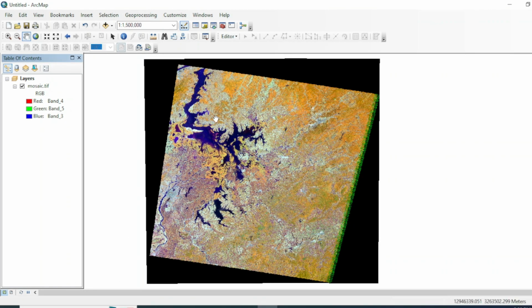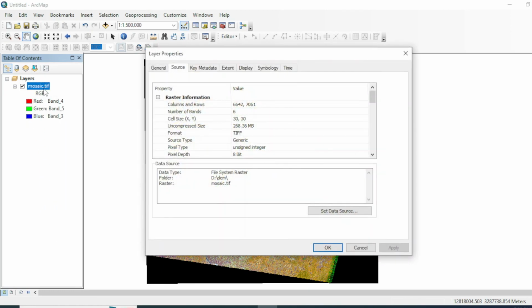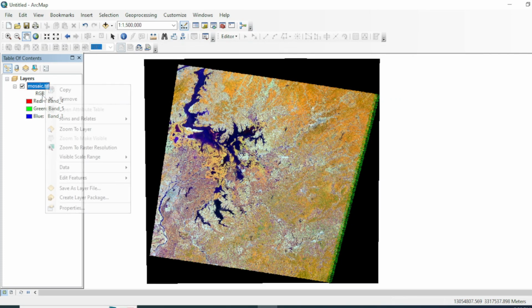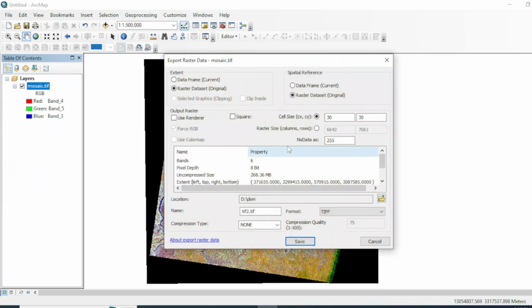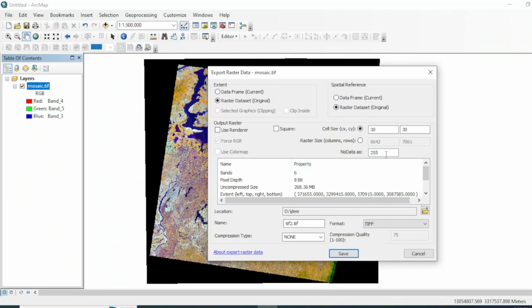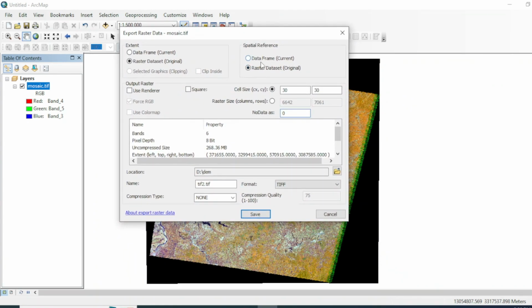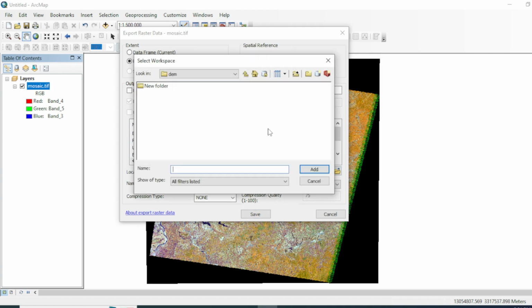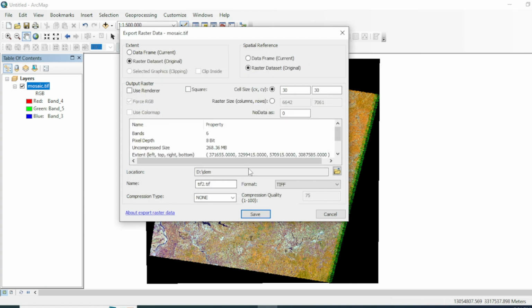To fix this, just right click on your raster dataset and then go to Data and Export Data, and then just write 0 for no data value, and you can also assign a destination to your output, and then you can also give a name to your output like